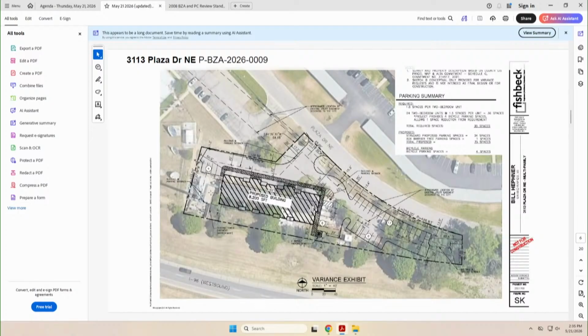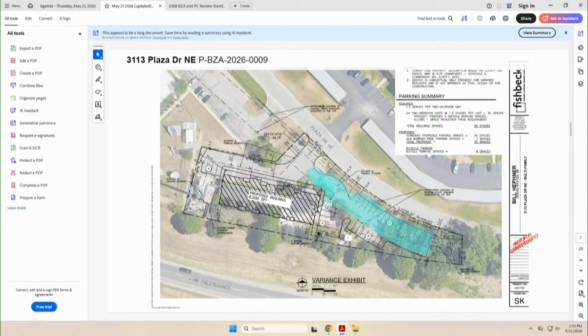The first variance before you today for this case is a dimensional variance to locate parking within the defined front yard. The front yard is defined as the space between the building and the front lot line. The front yard is identified as all areas in blue on the screen. A utility line and associated easement run parallel to the street and encompass the first roughly 45 feet depth of the parcel. Buildings, foundations, and other structures are not permitted in the easement. Improvements in the easement are limited to surface level improvements such as walkways and parking lots.